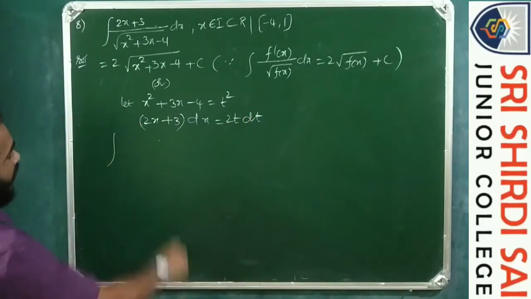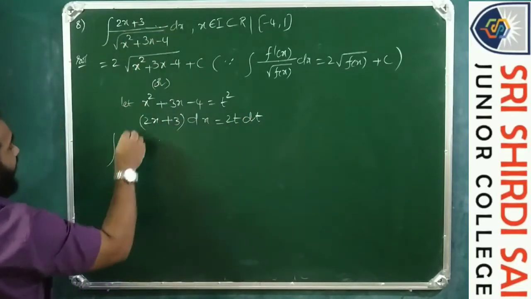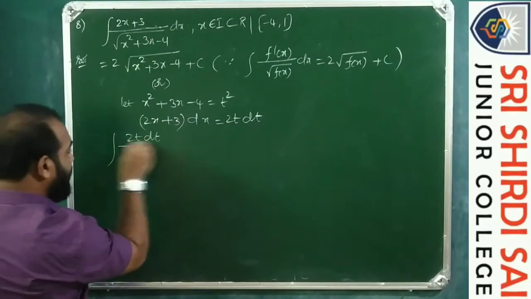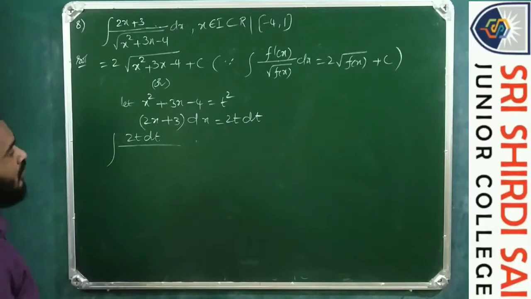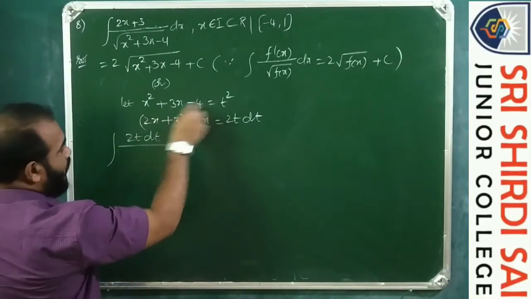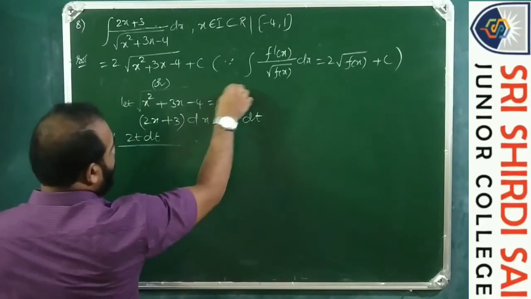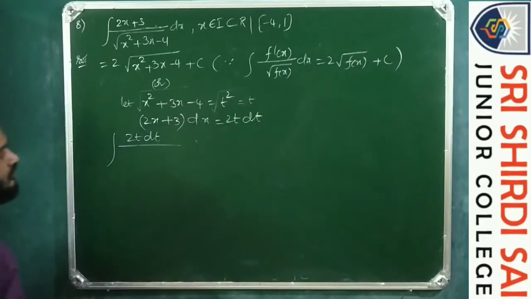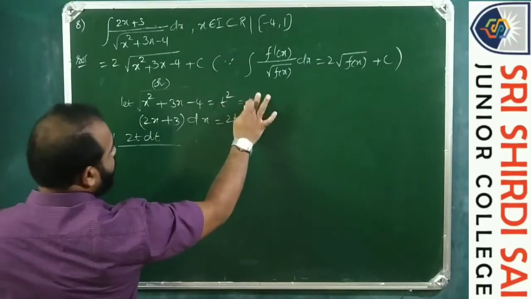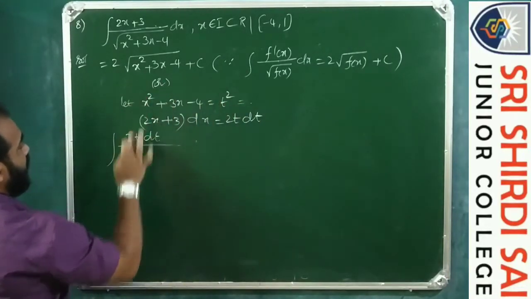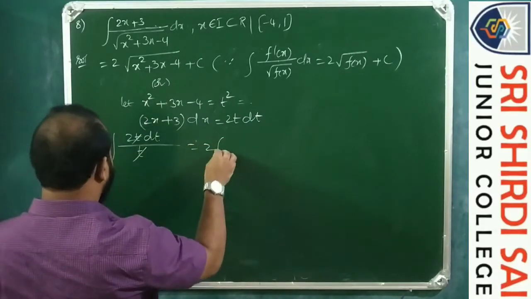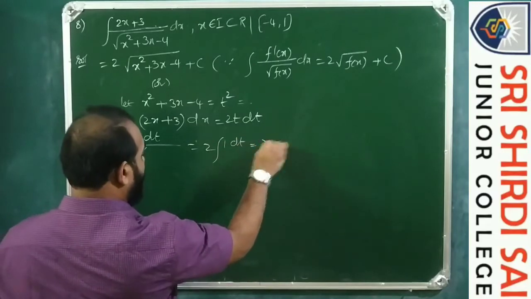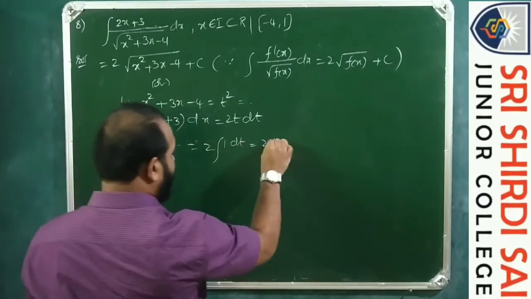So what is integral of (2x plus 3) dx? It becomes 2t dt by root of x square plus 3x minus 4. Let x square plus 3x minus 4 be t square. The root of this is root of t square, which is t. So t gets cancelled, and we have 2 integral 1 dt, which is 2t plus constant of integration